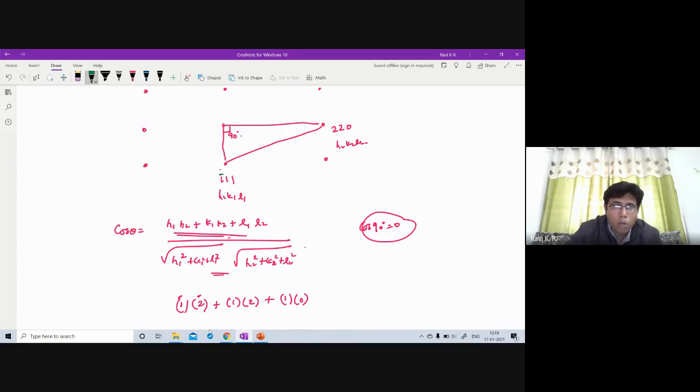Let us put it this way. Let me put a 1 bar, which means -1. So now you do this calculation: -1 into 2 plus 1 into 2 plus 1 into 0. So this will become -2 plus 2, which is 0. That means this is the real member here. So this is actually -1, 1, 1 and 2, 2, 0. This is your real member.